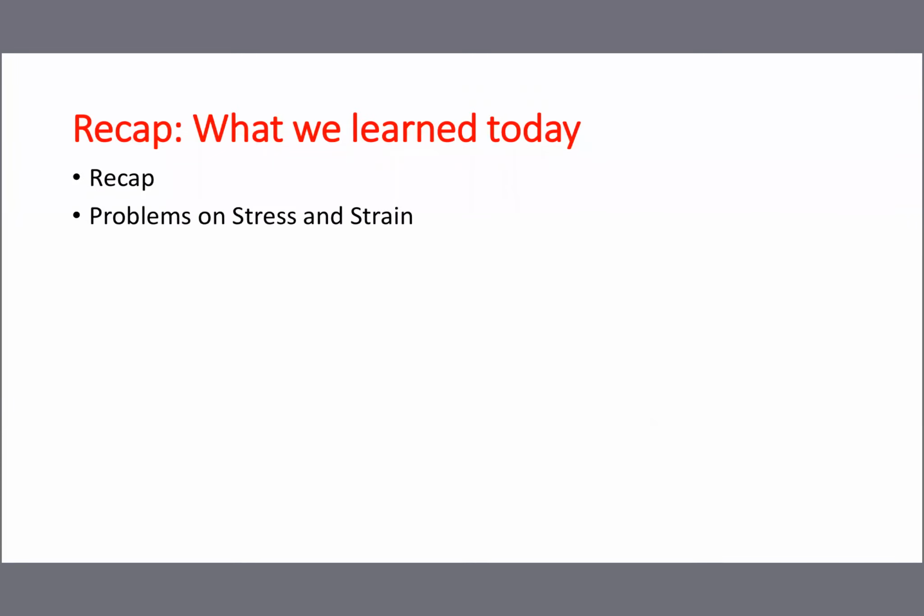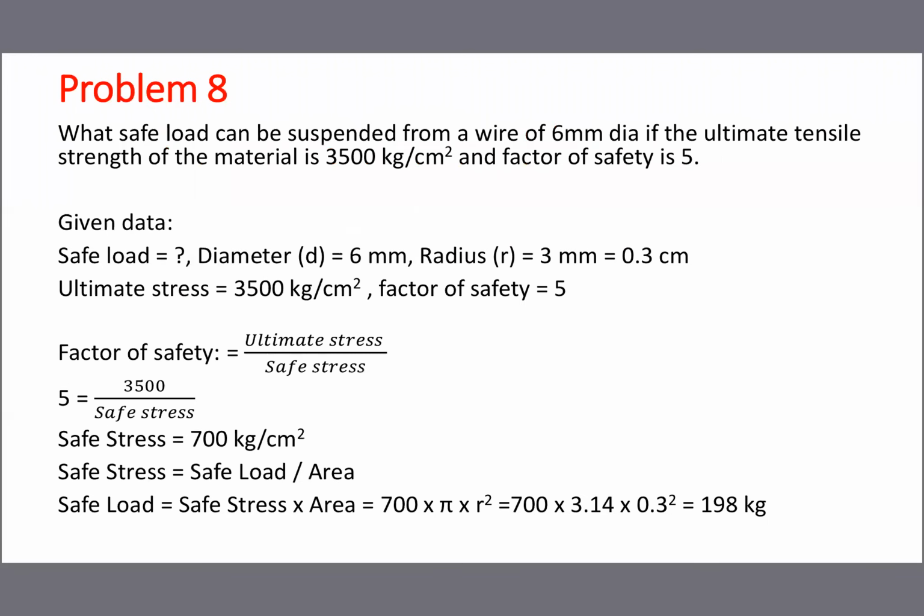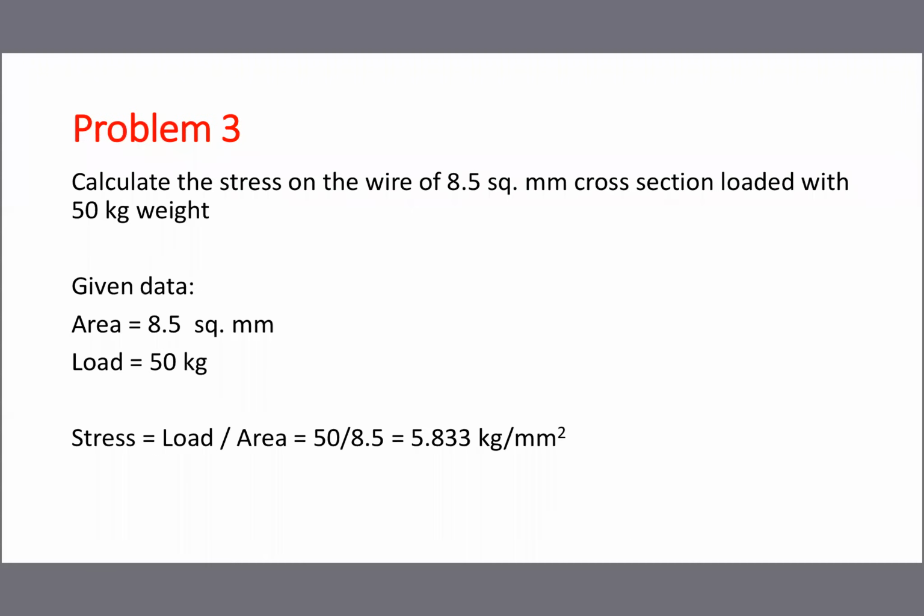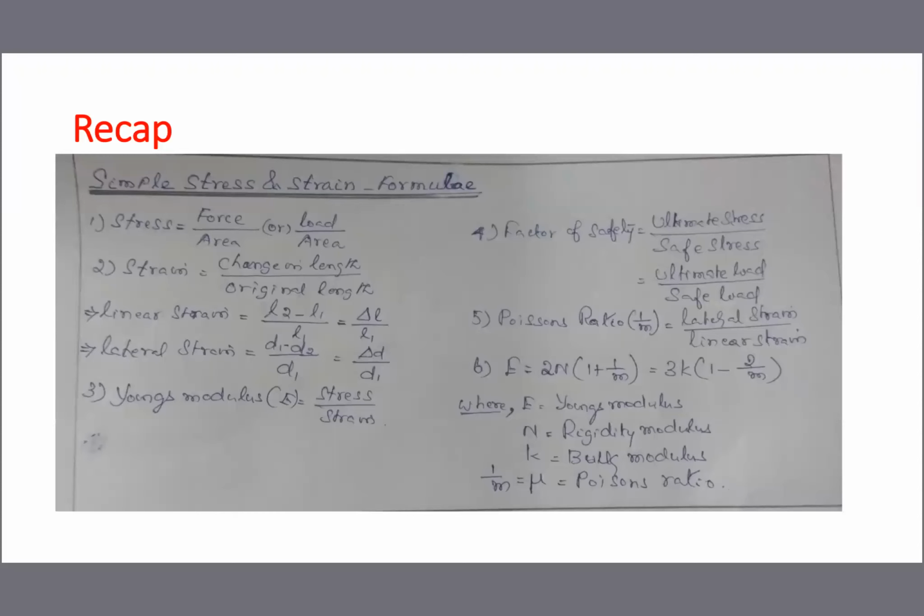So first we studied all the last class ideas, then the problems almost became completed. Just go through the formulas once again for recalling. Once you know the formula, the chapter is very, very easy. Definitions are also very, very easy. First, what is meant by stress? The ratio between force and area of original cross section is called stress. The unit depends upon force and area, Newton per meter square or kg per meter square.